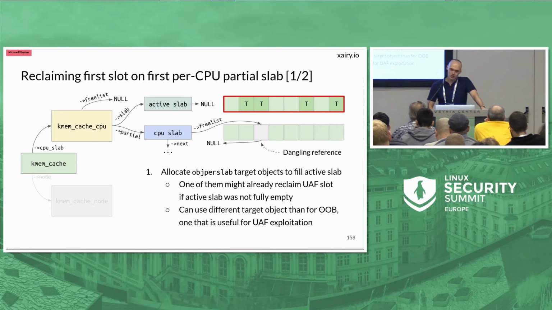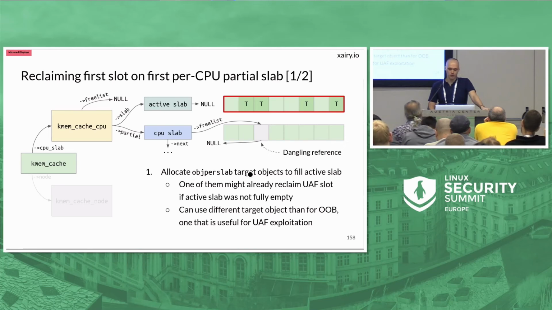So what we do, we start allocating target objects, and this can be a different target object. We used one type of target object for out of bounds. Maybe right now, when we have use after free reference, we want to use a different type of target object. But it can be the same one if you want. And so first we have to fill the slots on the active slab, and to do that, we allocate opt